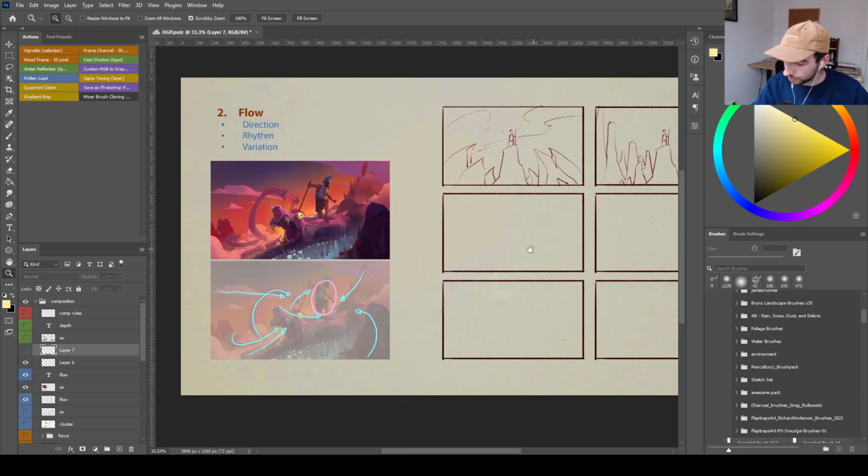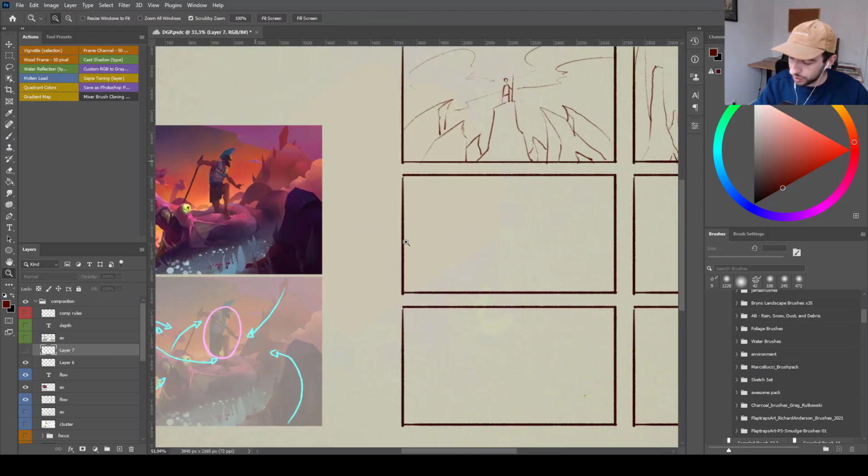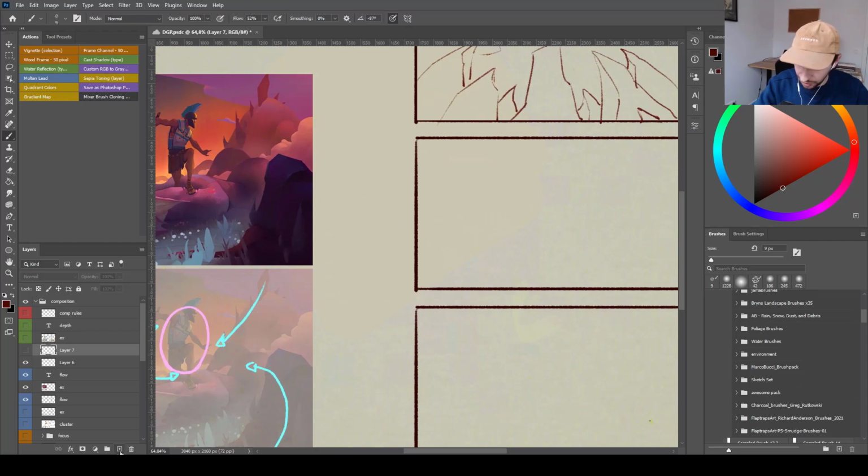So that's for direction. Next thing that we can actually try to think about is going to be rhythm, and rhythm can be applied in two main ways. You either can consider the rhythm like we would the rhythm of anatomy. Whenever we think about the rhythm of something like an arm, we know you have your deltoid that goes into your biceps, that goes into your lower arm, and that goes into your hand, and there's a rhythm to that limb that interchanges direction every so often. So that's quite a fun way to think about anatomy, but we can actually apply it in a very similar way to our